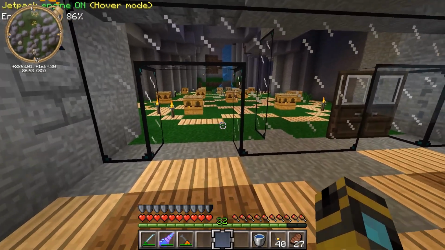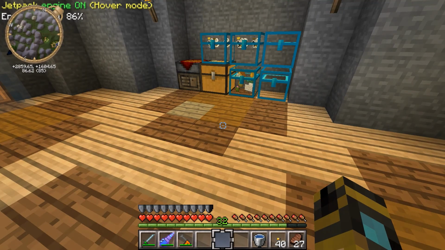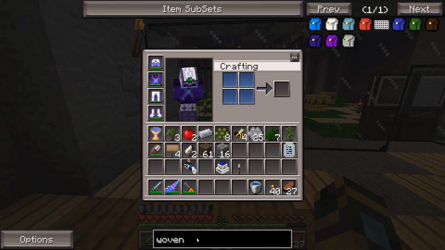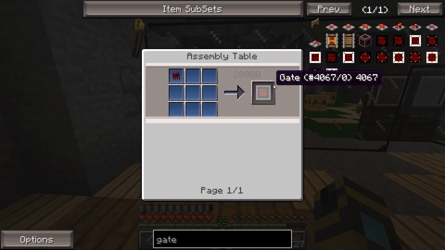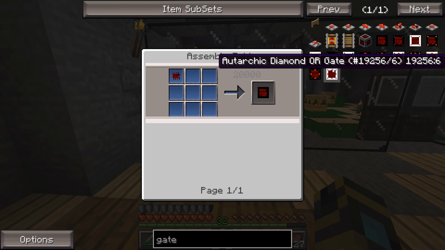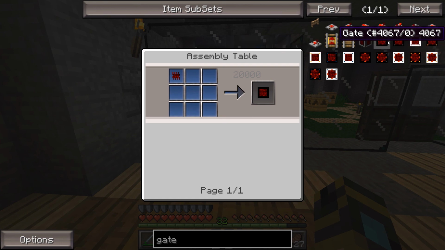Okay, so besides the apiarist pipe, to sort the bees, one other thing that we're going to want to automate the bee process is one of these. Let's see, a gate. I think we just need a regular basic gate right now. I believe we want to upgrade to the autarctic gate eventually. I'm not entirely sure. I don't know too much about these,